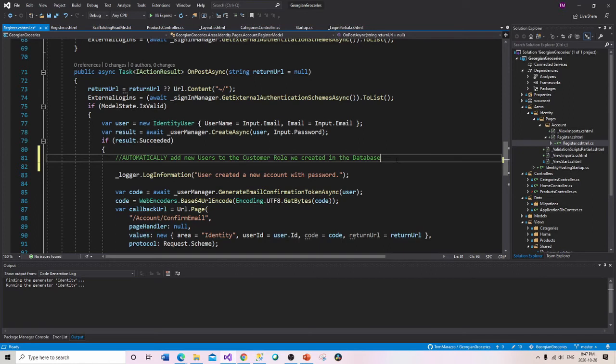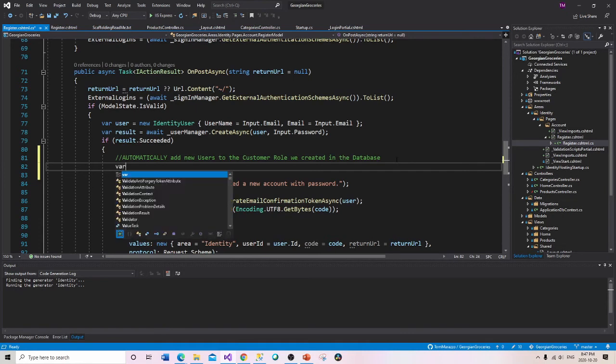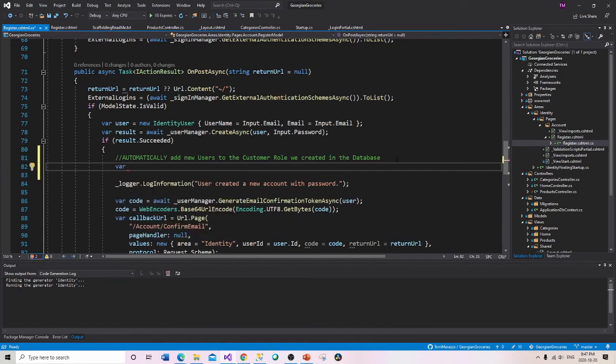It's literally going to be one line of code. We're going to say var roleResult, like the result of the role that the new customer is logging into, equals await,